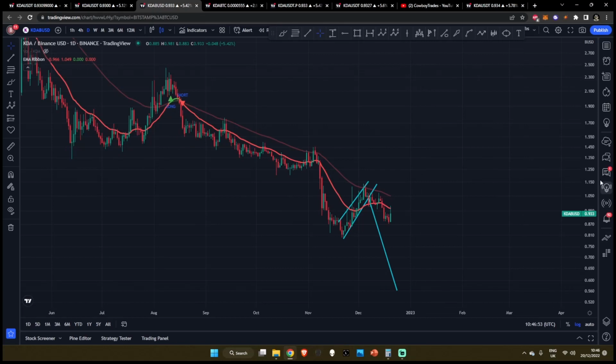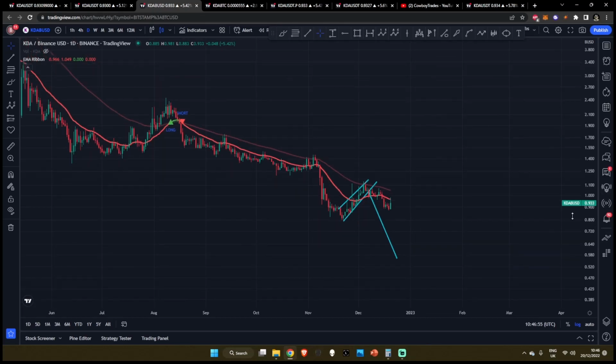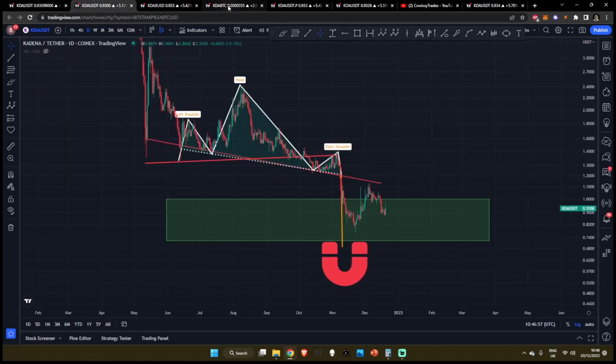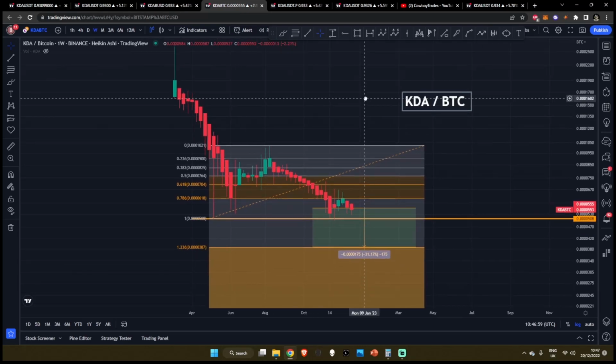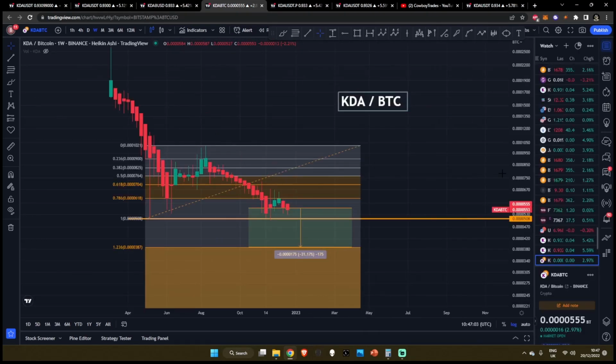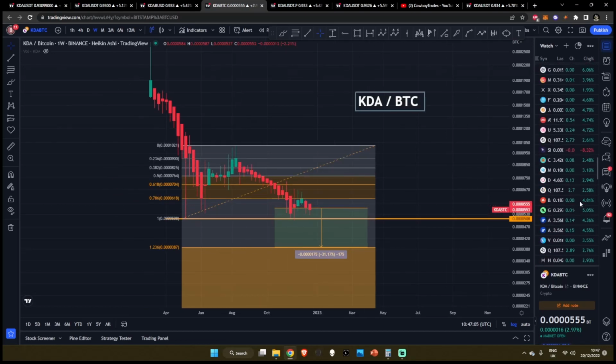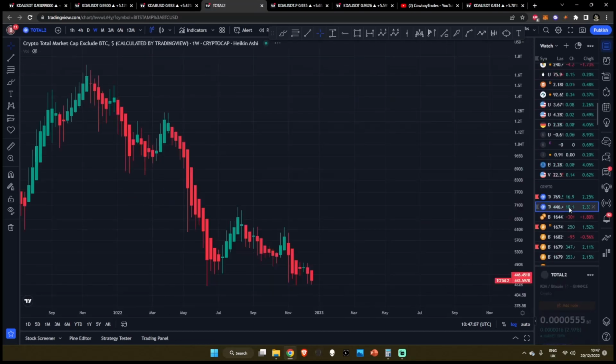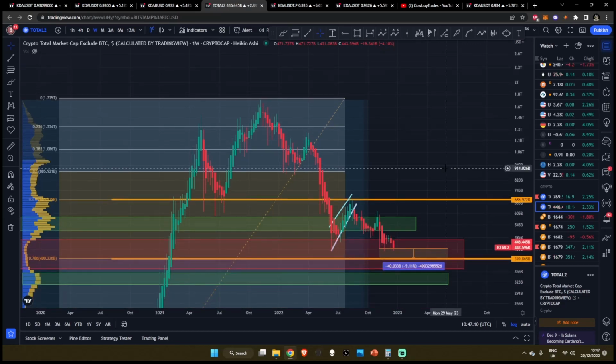But looking at all these technicals, we're getting confirmed bear flag breakdowns. We've already got that confirmed head and shoulders breakdown. KDA BTC looks like it's finally getting ready to melt through the floorboards. And I've been talking, if you just watch my KDA videos, you probably don't witness, well, of course you don't witness,